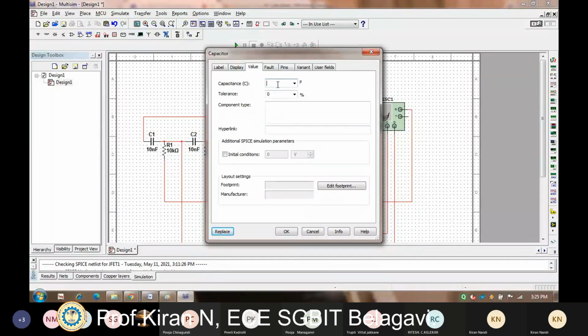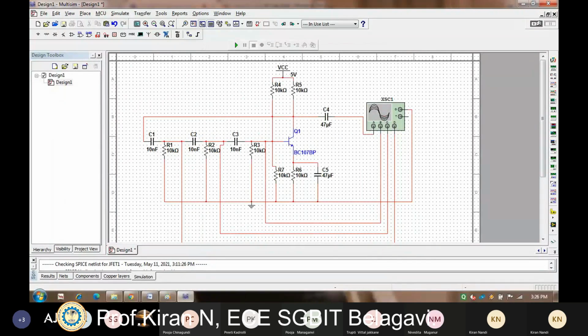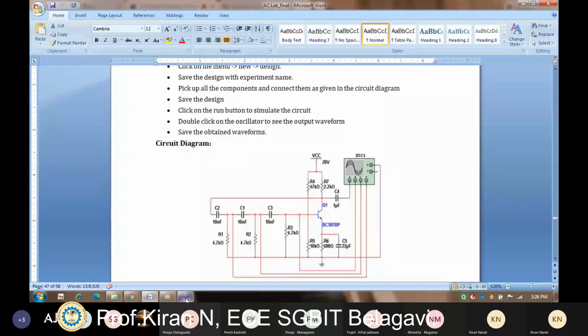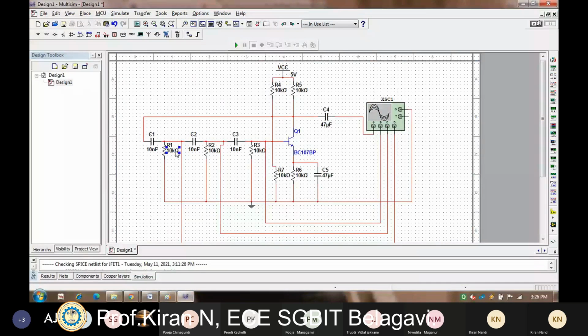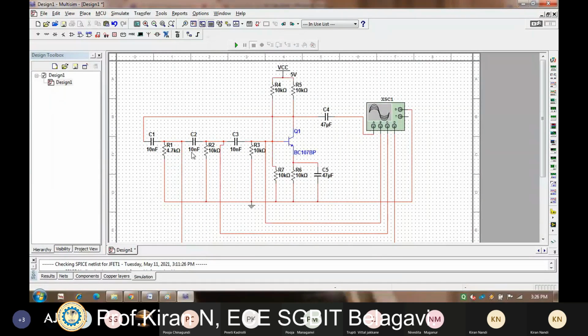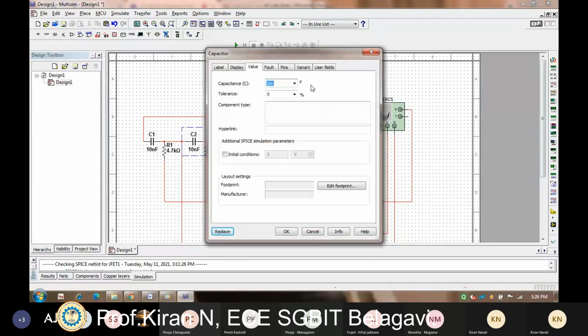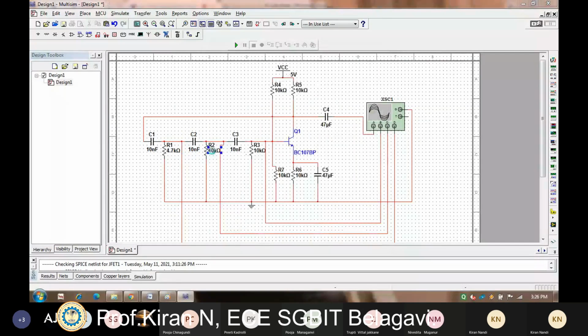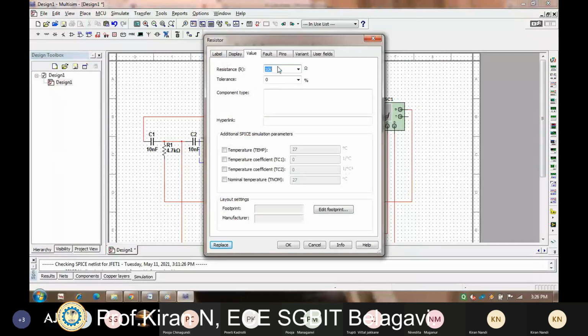If you are not placing correct value component, then you won't get any oscillations. So all these resistance values are 4.7 K, 4.7 kilo ohms. So I'll change here 4.7 kilo ohms.